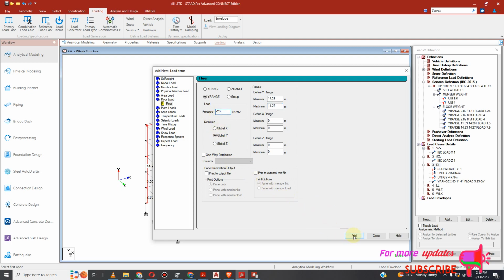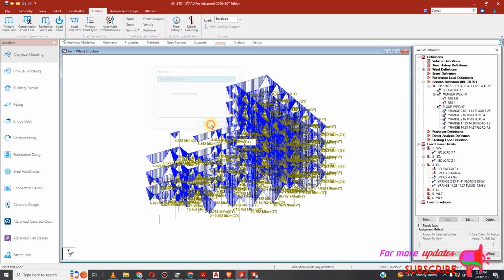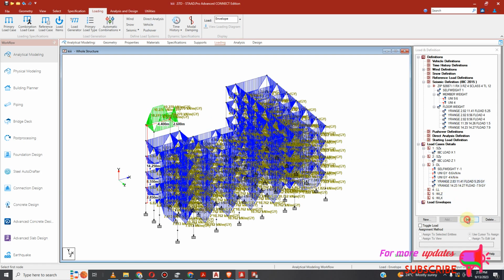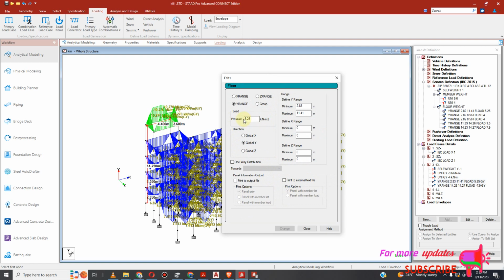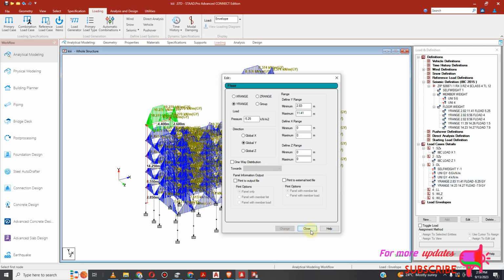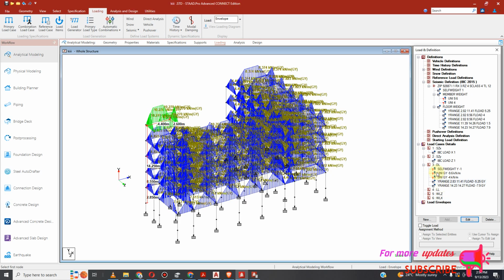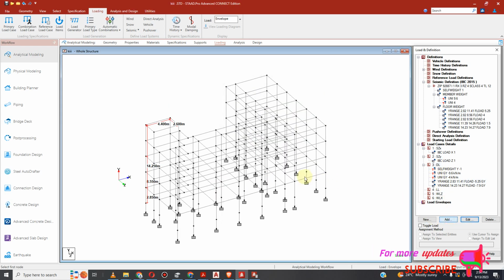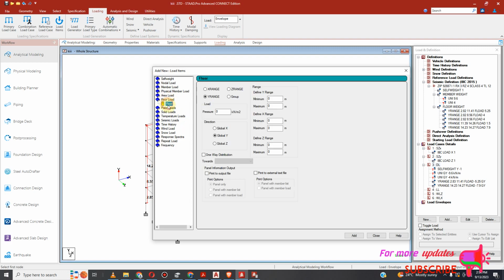Now here the direction matters, so we also need to change this. Close. We also need to change this to negative. Edit, it should be negative, so it's acting in the downward direction. Change. Okay, close. Then need to add another floor load. Now I think we have added all the floor loads. This is for water tank, this is for normal slabs. Then